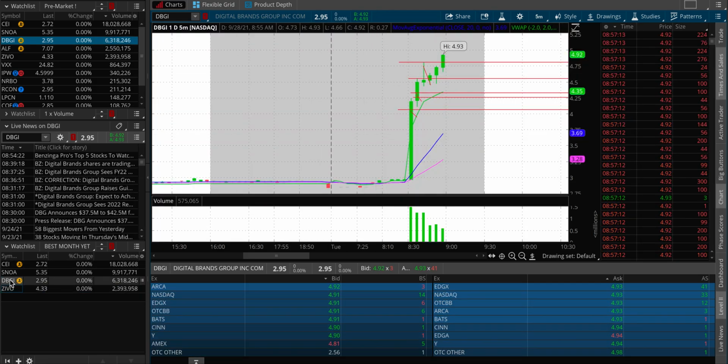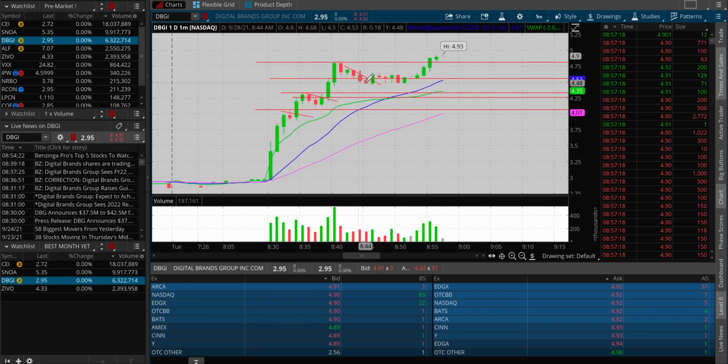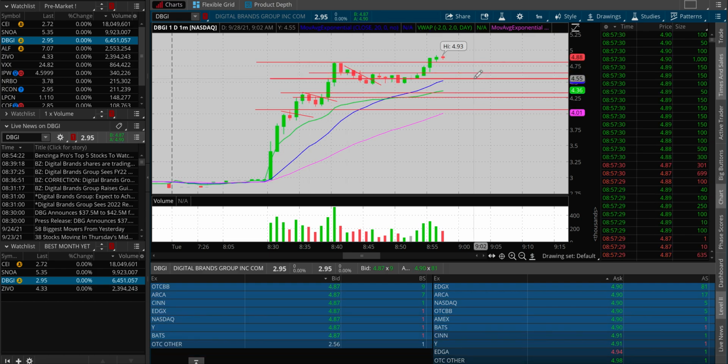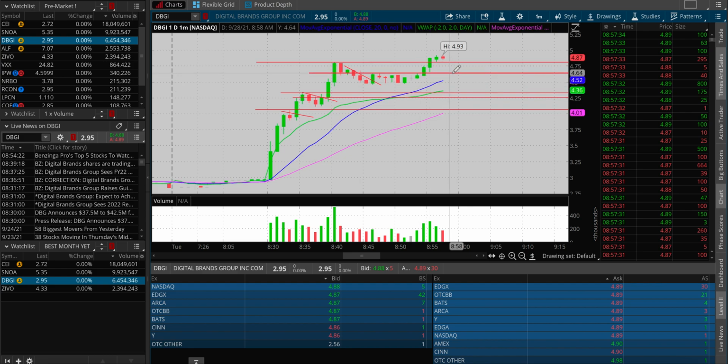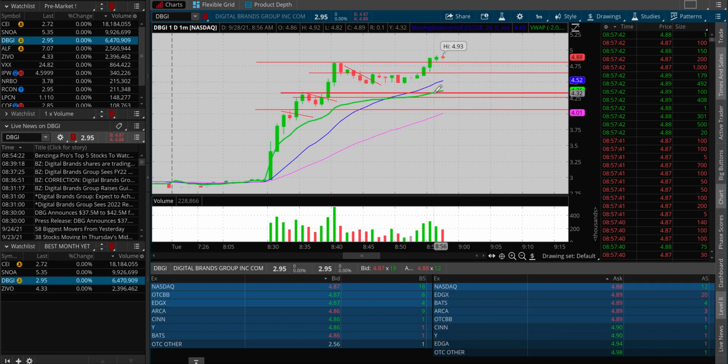DBGI, I didn't put it here. DBGI had news. There was a secondary news move. There was some long consolidation, but it was finally able to break above it, it seems. So let's see what level caused the squeeze. A break above 4.65, so we know that's a key level. So that should now serve as support. Well, we did already bounce there once, but yeah, that's a key level. It shouldn't break below that. If it breaks below that, short sellers will probably take it all the way to VWAP, and then there could be maybe a VWAP bounce for that move. But anyway,